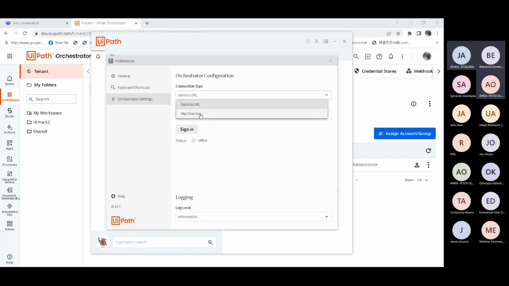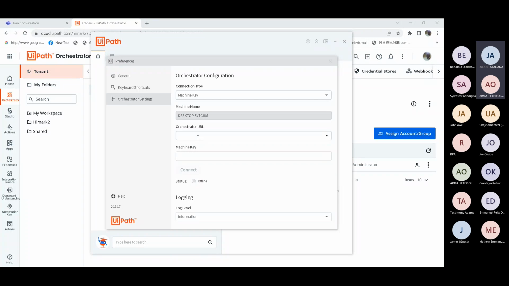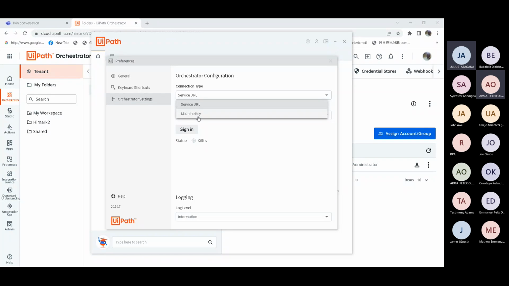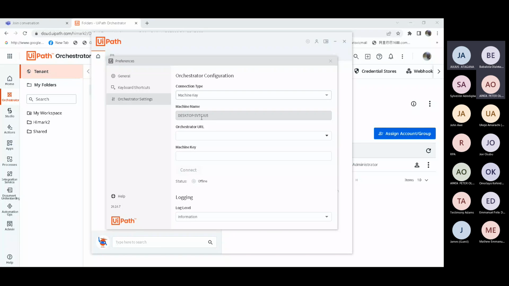You are using the URL to call me. Okay, URL. No, leave it, don't use the URL. You use the machine key to log in. Yeah, but the problem is that the machine name is still there. It has refused to go from the orchestrator. Leave it, because we are using a machine template. It will not bother about that name.